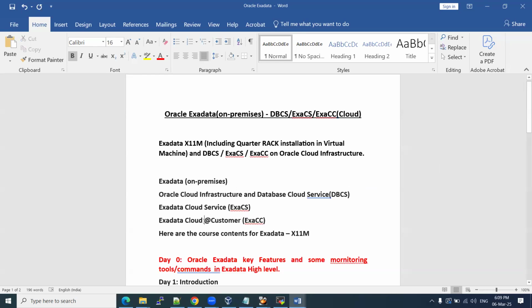So all these are different ways. How we are going to handle your Exadata services and ExaCS, how we are going to handle these Exadata machines and cloud at customer, how you are going to manage your Exadata servers and DBCS, and how you are going to manage your Exadata software or the boxes or Exadata services on-prem. The way we work will be different. In most of the environments the same commands apply, and those are the commands we are going to learn today. And the way we work on cloud at customer and cloud services or database,